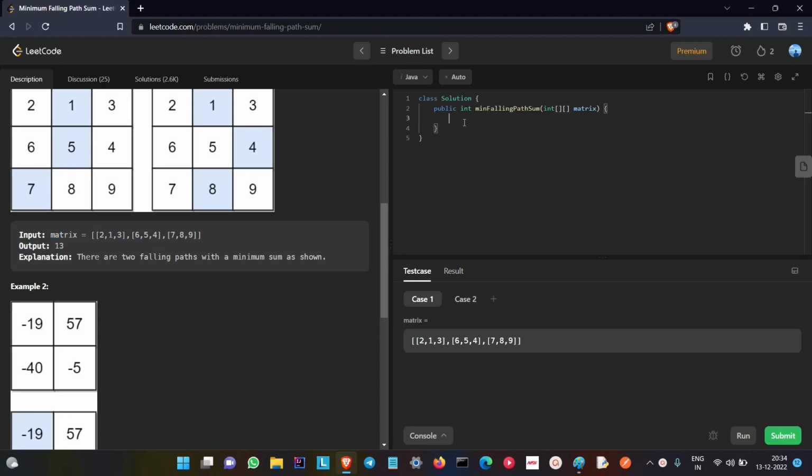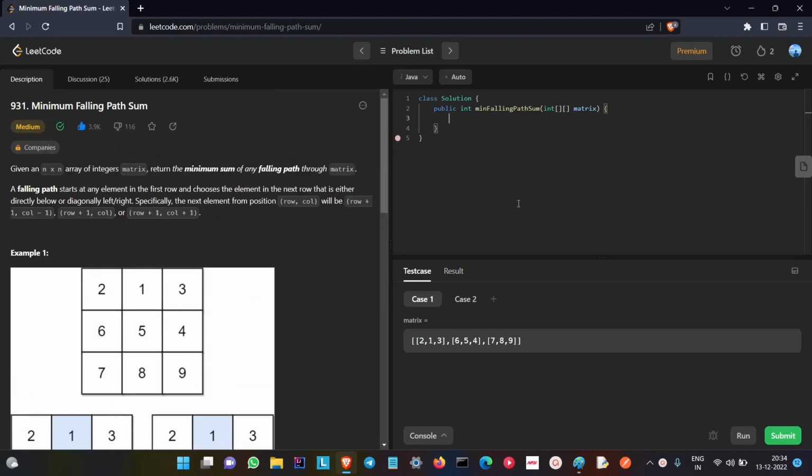So initially, the first step is to iterate over each row starting from 1, that is the second row, till the last row. So we'll store the number of rows in the variable n. So matrix dot length will give us the number of rows present in the matrix. So we'll be storing this in variable n. So we'll be iterating over each row,